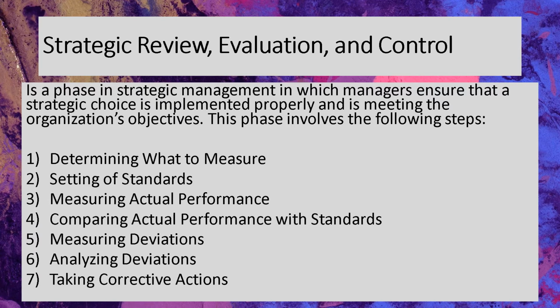Number 6, analyzing deviations. Any deviations observed are reported to higher management, who analyze the causes of these deviations. Management may accordingly conduct discussions with functional staff. Last is taking corrective actions. If an organization's actual performance falls outside the desired tolerance range, corrective action must be taken to correct deviations. This may require resetting of goals or objectives or revision of plans, policies, and standards. Corrective steps must be taken at the right time to achieve organizational objectives.